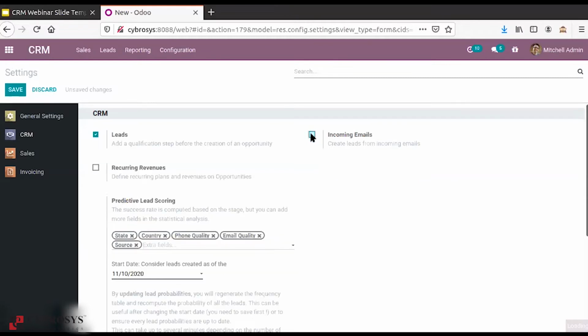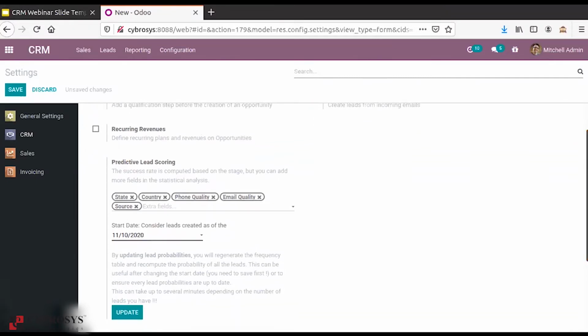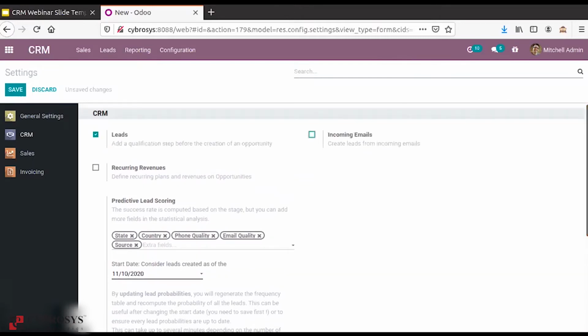Okay. Then the second one is to generate the leads through the website. That is the second option through which we can generate leads. Odoo has an application named contact form. This integrates a contact form in your contact us page in the website, which automatically creates a lead in Odoo CRM.